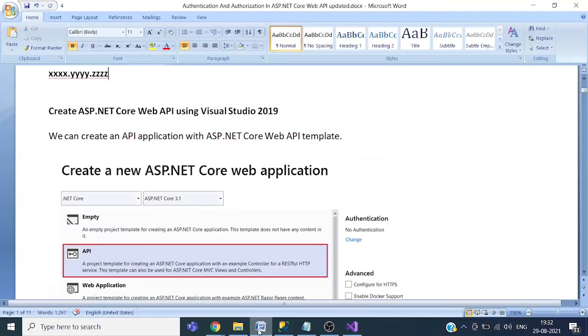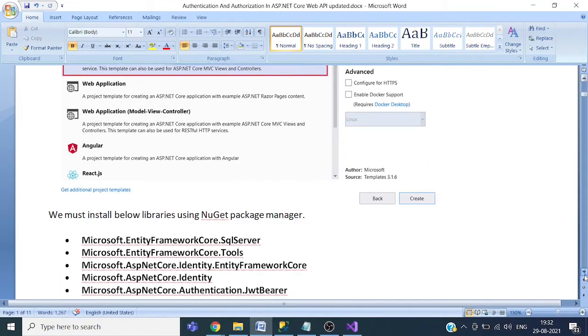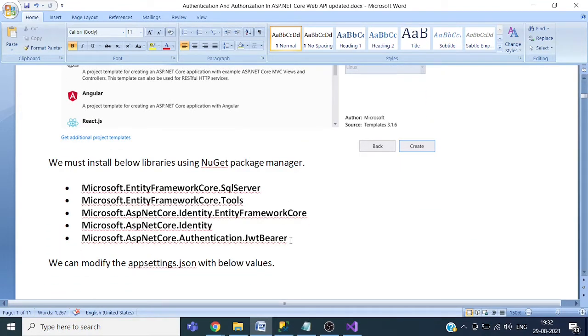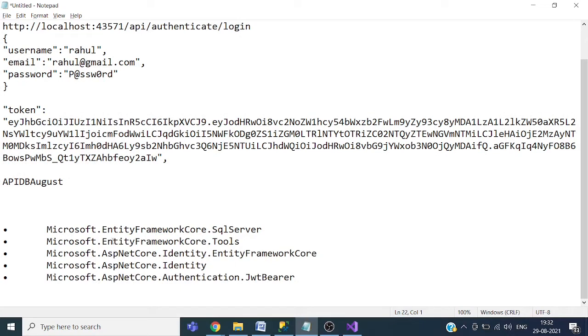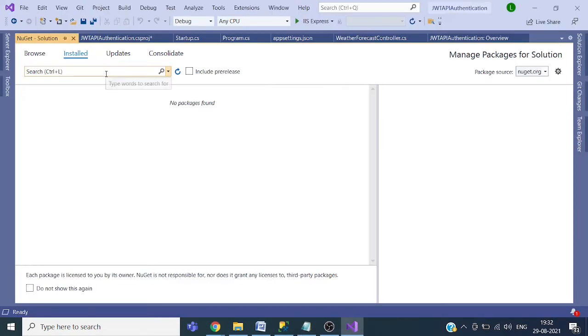There are some packages which we need to install. So these are the packages. Click on this Browse tab.